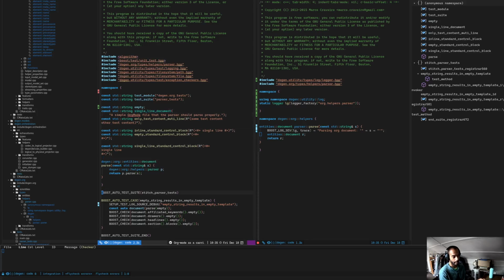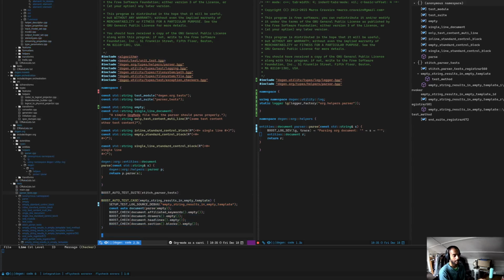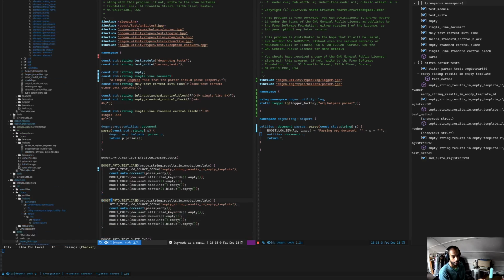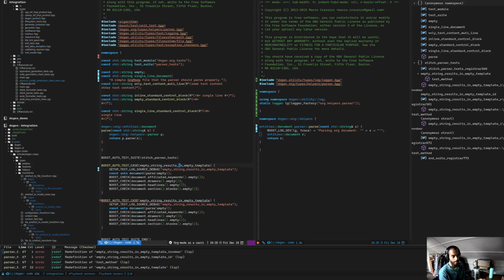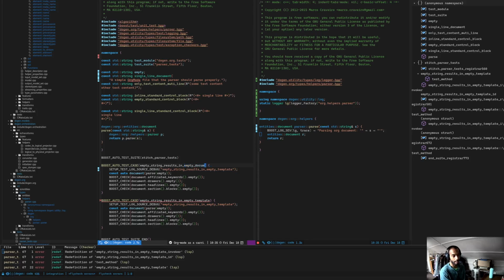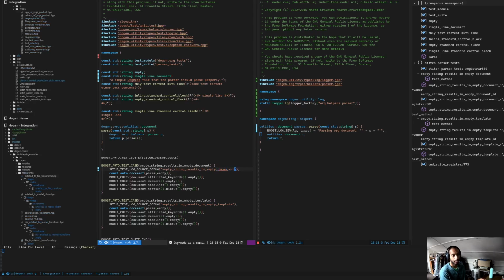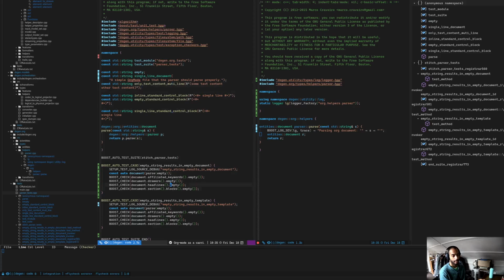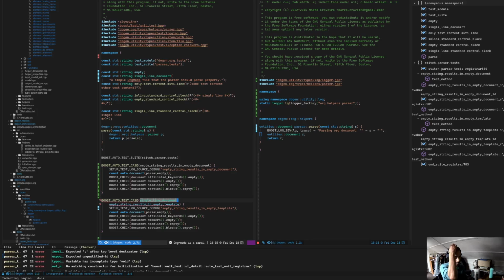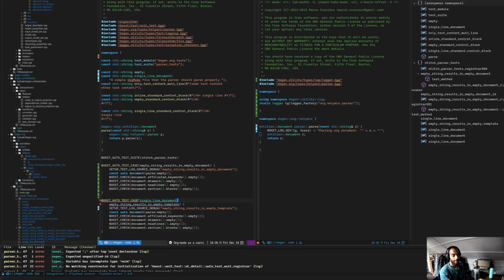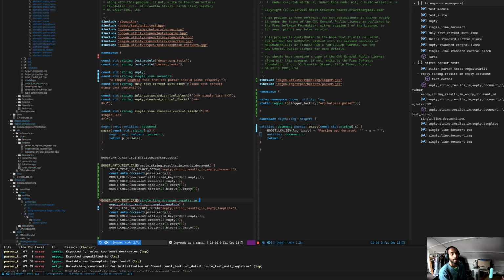And now we'll repeat the tests, and we expect... The test name was not correct. It's an empty string, it tests an empty document. Righty. Now, to be honest, these tests become a little bit boring. I never quite know how to name tests like this, because I like the given-when-then way of doing things, but sometimes you get a bit bored. So single line document results in, given a single line document, we end up with